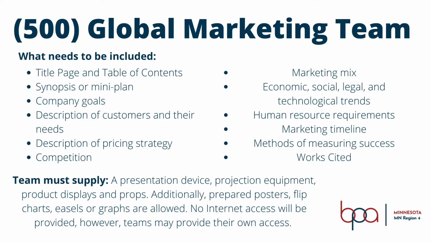So you may be asking, what do you need to include? Well, here's what needs to be included. A title page and table of contents, a synopsis or mini plan. Company goals, description of their customers and their needs. So basically, target market. Description of pricing strategy. Analysis of your competition. Marketing mix. Trends in all categories, including economic, social, legal, and technological trends. Human resource requirements, a marketing timeline, methods of measuring success, and finally, as with most of these pre-submit competitions, works